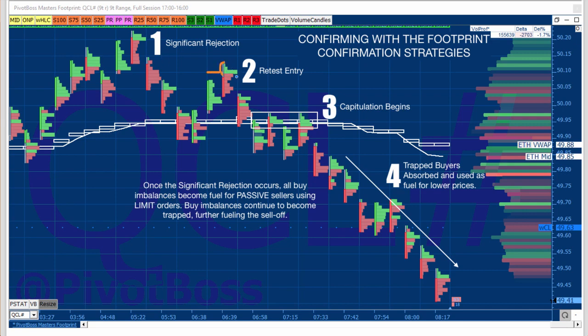So if you see these buyers come in, the reason I say you have to absorb those buyers is because they need help to get prices going up. The help that gets those prices going up are trapped sellers. Trapped sellers help their prices go higher, right? When a seller sells, say a seller came in and sold 50.10 and all of a sudden it didn't go down, that would help these buyers because those sellers and their stops would come out and it would help the buyers.